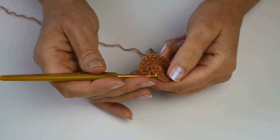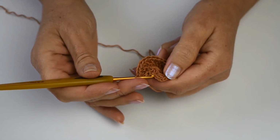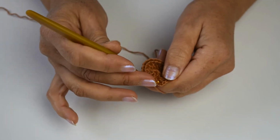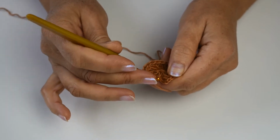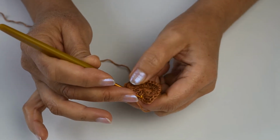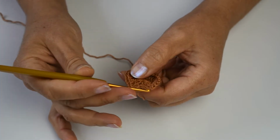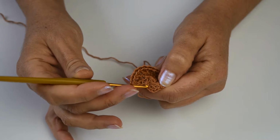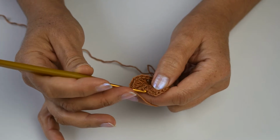Right, when we get to the end here, behind this chain of 3, we need to make a treble crochet as well, because we didn't do that at the very beginning, and I don't usually do this at the beginning. I like to do it at the end, because I like to go behind the chain to do the double crochet, because remember there were 2 trebles into each stitch, but here on the chain we didn't do that, so we have to do it now, and I like to do it when I get at